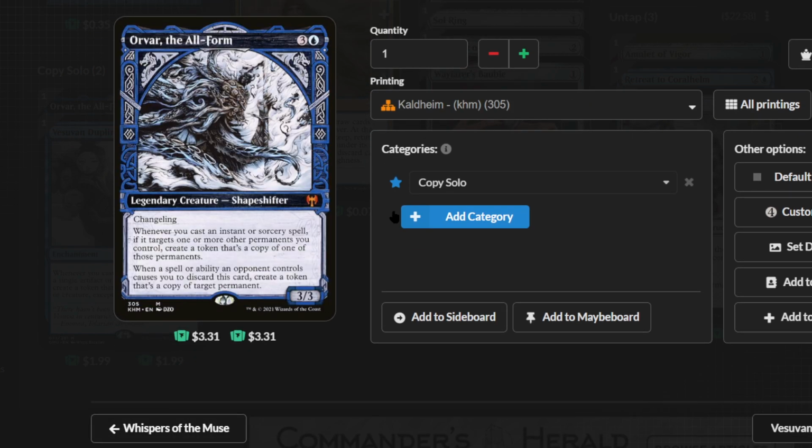But Ovar is a little bit different, where he is a changeling type, but whenever you cast an instant or sorcery spell that only targets one, if it targets one or more other permanents you control, create a token that's a copy of one of those permanents. When a spell or ability you control causes you to discard this card, create a token copy of a target permanent. So a lot of value in the hand in case you're in a discard deck. However, a ton of value in this second ability here,